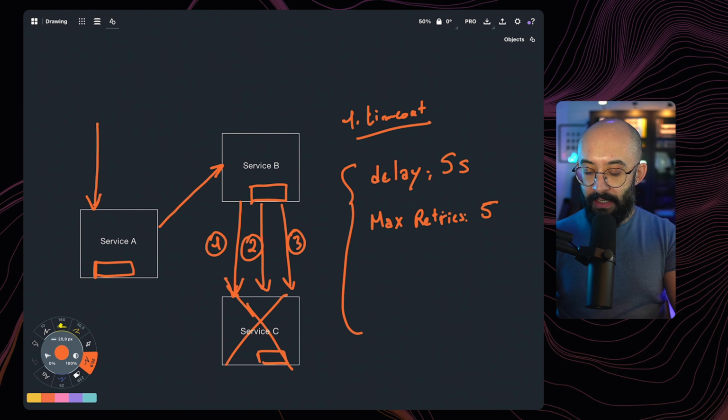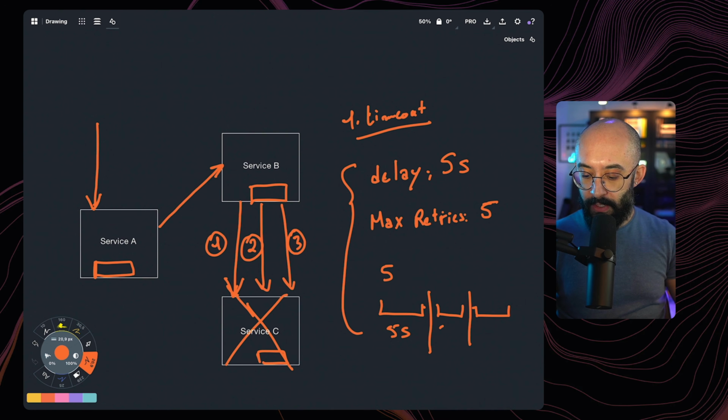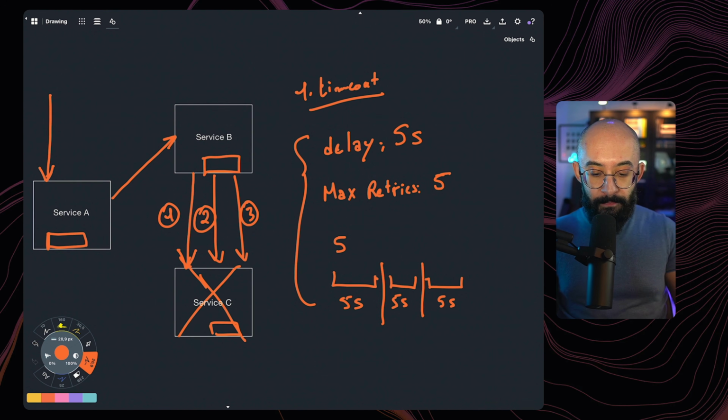So what ends up happening is we're going to have 5 calls maximum. And then we're going to have a 5 second wait in between each call. So let's assume this is the wait, and this is when the call happens, right? So 5 seconds in between. Now, maybe our service C comes back and returns a response on the 3rd try. Maybe it returns it on the 2nd try. Maybe it requires 5 tries and still we don't get a response from service C. All of these are reasonable scenarios that might actually happen.